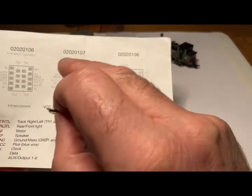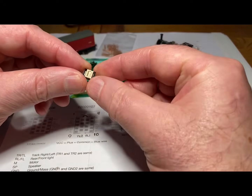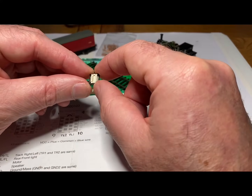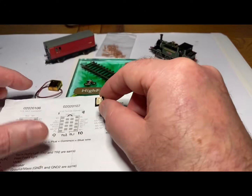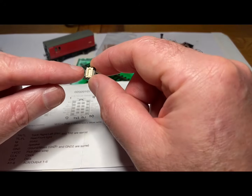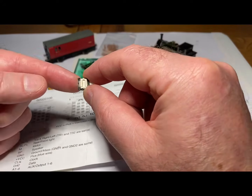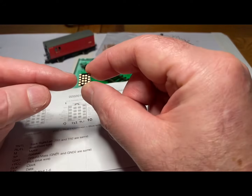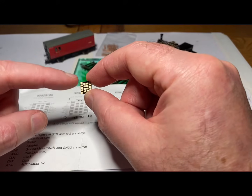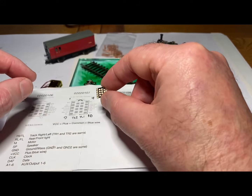You'll notice I've put this little half moon on there for orientation, and the reason for that is you can obviously put your Next 18 decoder in either way, which is fine, but in some applications it has to go in a particular way. So I've done myself a little map so that I know, with that little gold semicircle at the top, the pin which is on the other side, if I turn it around this way, so this pin here with the two little dots in the top corner, that's your motor positive, that's your pin 1, and then you've got all the other ones